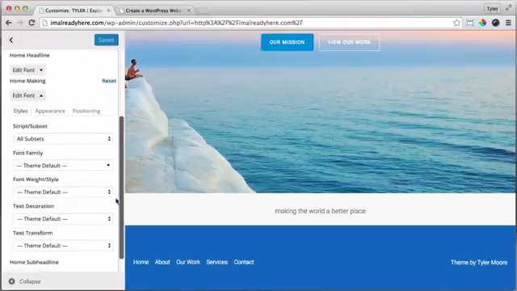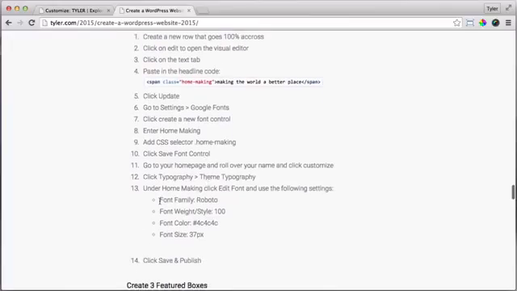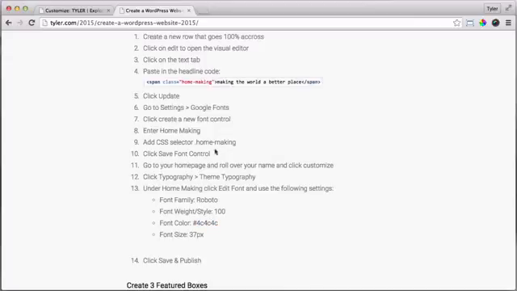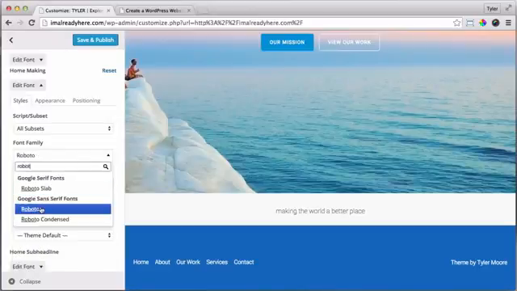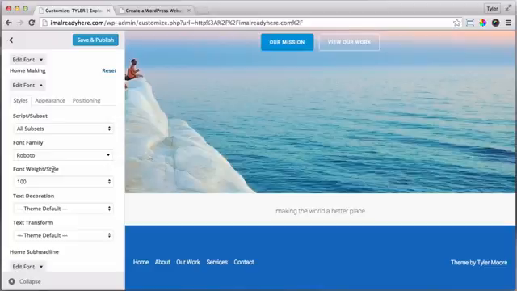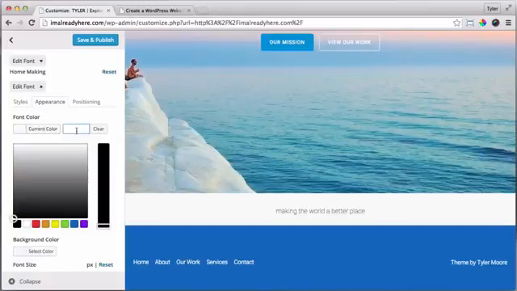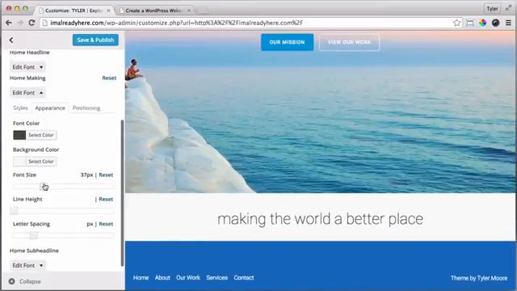Now we can get all the properties that we want for the font over here. So we can see the font family, Roboto 100, the color, and the font size. Let's copy the color. So let's type in Roboto here. Font weight is 100. That's great. The font color, we have it copied, so let's just paste it in here. That nice gray. And then the font size is 37 pixels. All right, now it's looking much better. So let's click Save and Publish